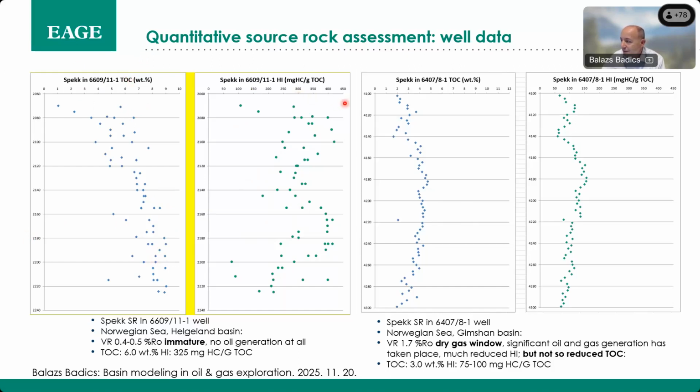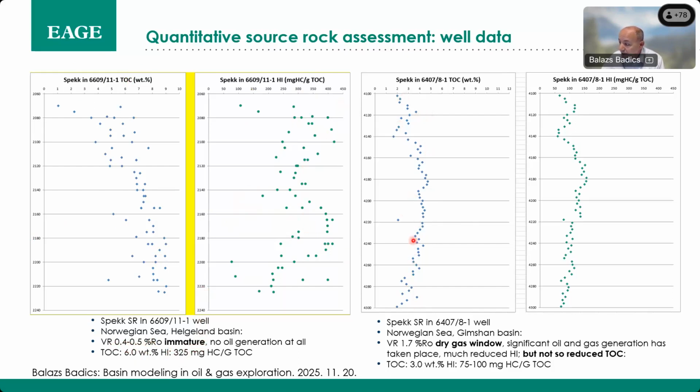Hydrogen index 300, 350, 400. This is the typical Upper Jurassic source rock of mid-Norway called the Spekk Formation. It's immature, vitrinite 0.4. It's about 6% on average, and 300 hydrogen index, very, very good quality. The same source rock is drilled in about 250 wells in mid-Norway, and then the TOC goes down to like 2–3%